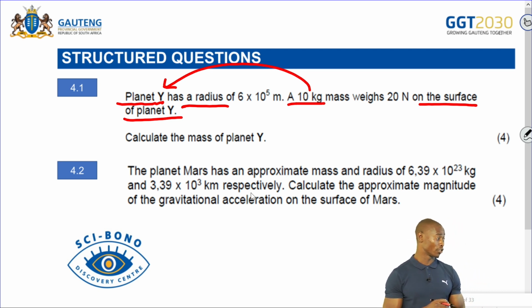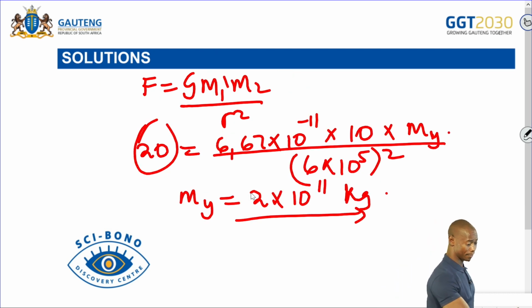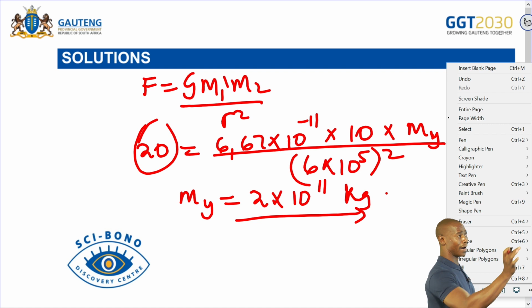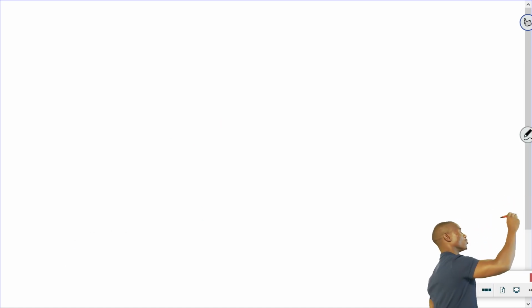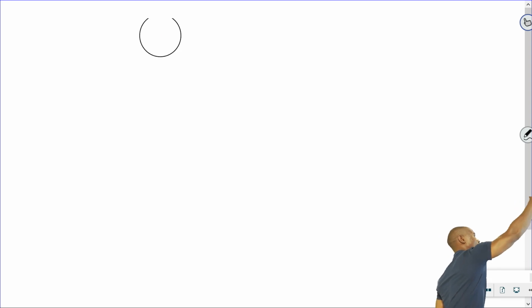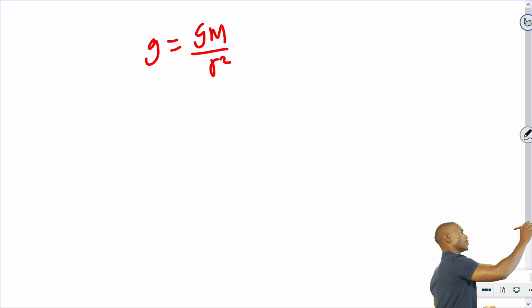Of this planet, which is planet mass. All right, so they want acceleration due to gravity. So it's g equals G M over r squared. Okay, so we have